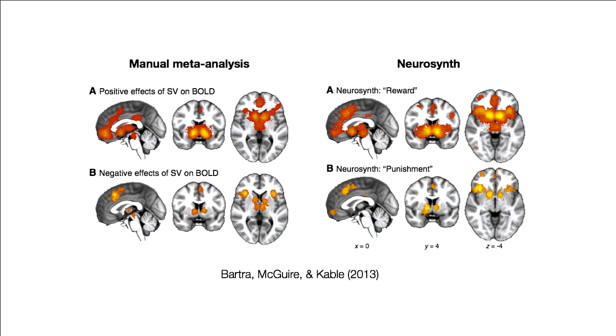But this would not work if you were doing something like thermal pain versus mechanical pain. If you want to understand the difference in neural correlates, Neurosynth is not going to help you because we don't have 600 studies for each of those terms. So I'm a big believer in the power of aggregation, but there's lots of cases where aggregation is just not possible.